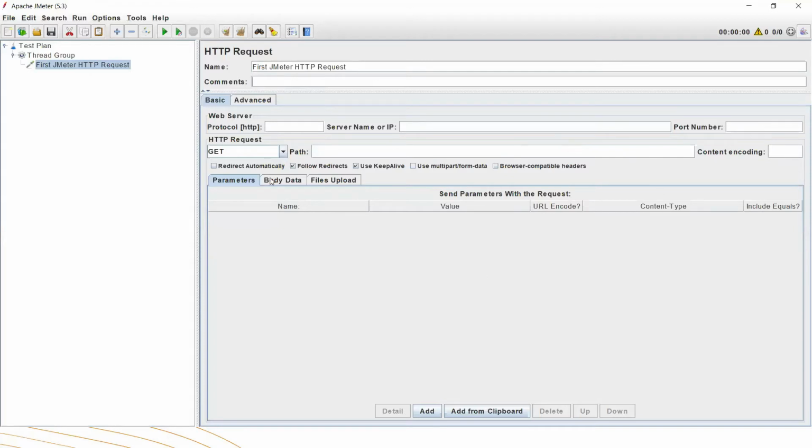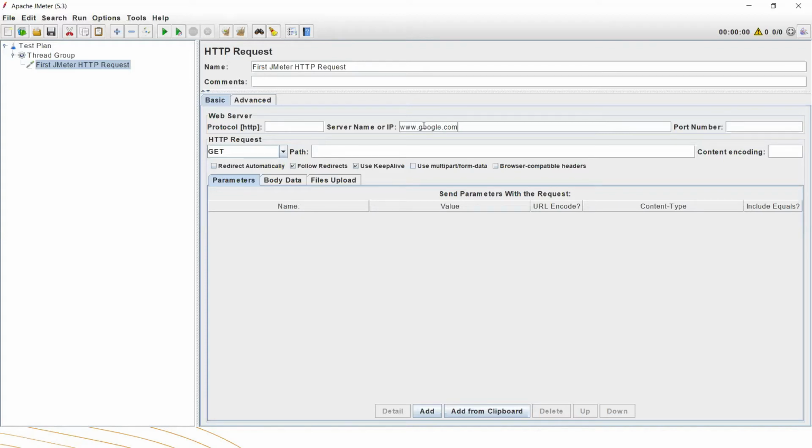These are very important. We have two tabs, Basic and Advanced. Let's check Basic. You need to give your server name and port. All servers are running on an IP and a port, so you need to provide your IP or the server name, like this .122, which is my server where my application is running, or I can use www.google.com.